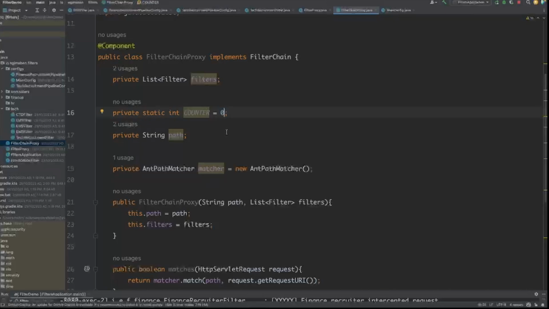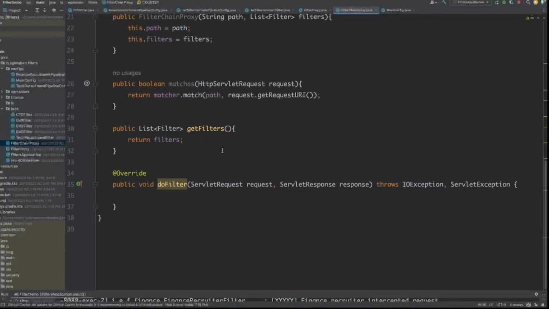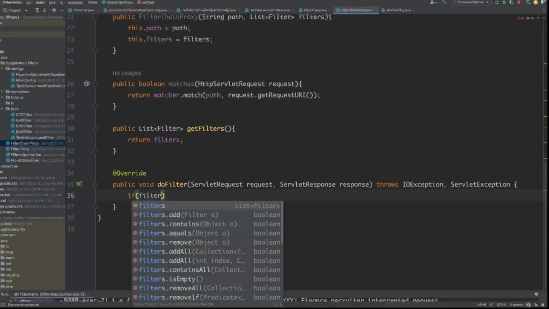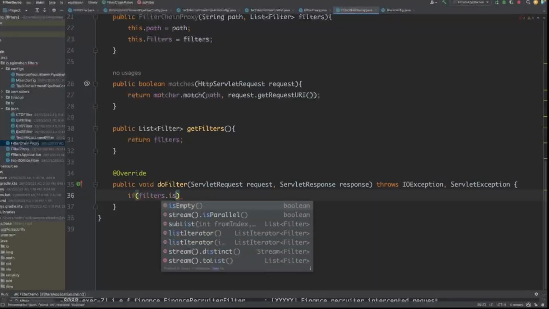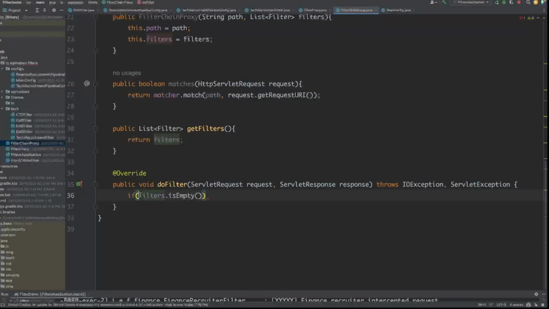So let me see, let me start it at -1 so that I increment it at once and it will go to 0. So I want to check if filters is not empty, and